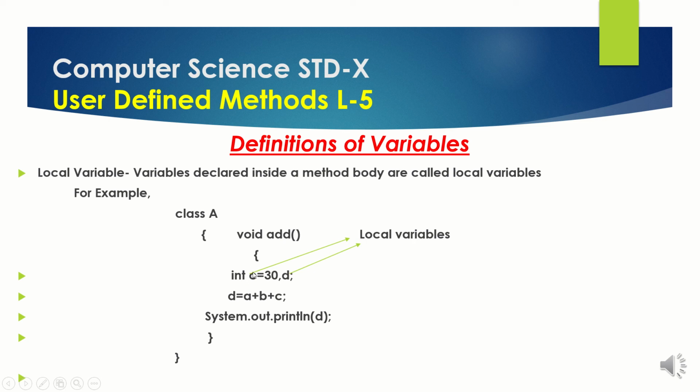So basically what we have learned is that local variables are the variables which are declared inside a method body. Any variables that are declared inside a method body are called local variables. Now next is